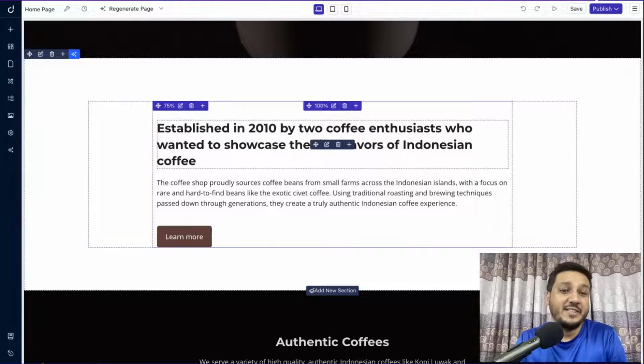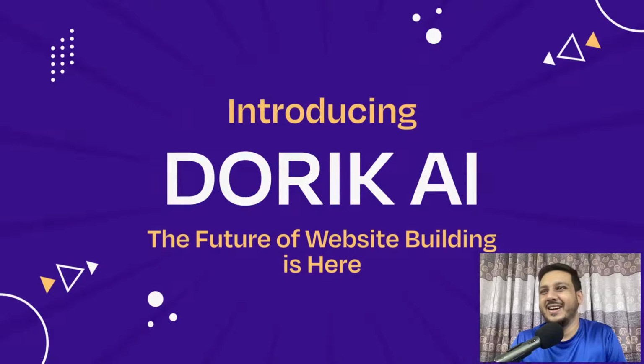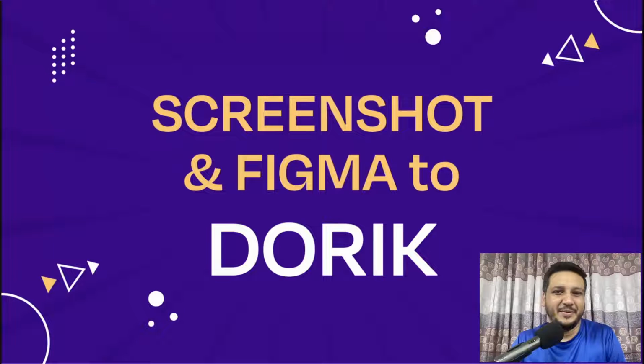And another important feature is coming. I'll just quickly announce it here. It will be screenshot to Doric, screenshot or Figma to Doric. I'm sure everyone is excited about it, but we are still in the R&D stage on this. What happens is, you want to move a website to Doric, but it's hard because you have to